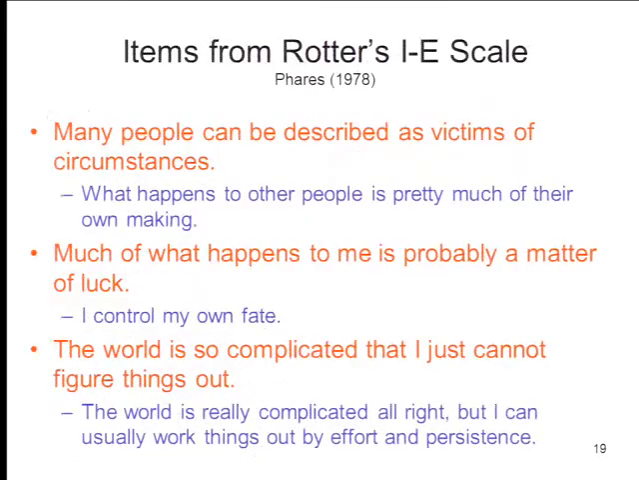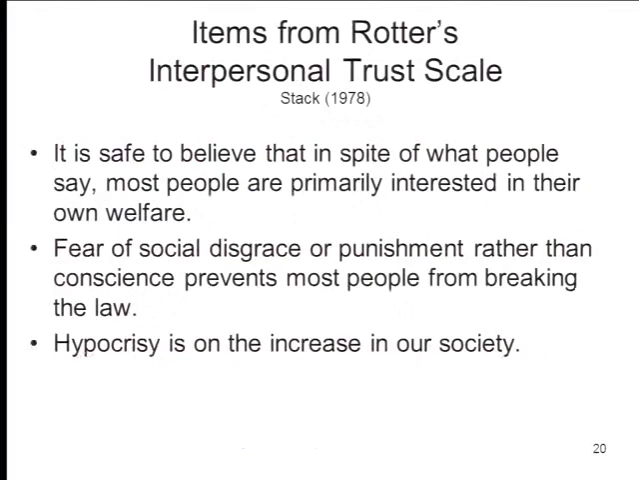All right, just to give you some idea about what these look like, this is Rotter's internal-external scale of locus of control. Many people can be described as victims of circumstances. You say yes to that, that's a point for external locus of control. What happens to other people is pretty much of their own making. You say yes to that, that's a point for internal locus of control. You get the idea. Here are items from Rotter's interpersonal trust scale. It's safe to believe that in spite of what